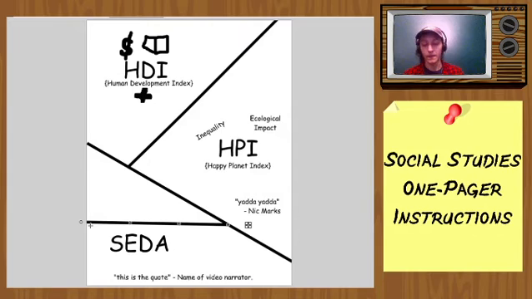We can all deal. And I realized for critique, I need to make a spot for that. So I'm going to make a spot like this. I think it's going to be too small overall, but I can always just erase with my eraser and resize. Now I'm going to be cheeky and I'm going to use the same sort of format, but instead of HDI, HPI, Seda, and critique, I'm going to just say none, because none of these measure example 1, example 2, and example 3. I don't have room on here to add my favorite, but if I were to do something to add my favorite, I would probably